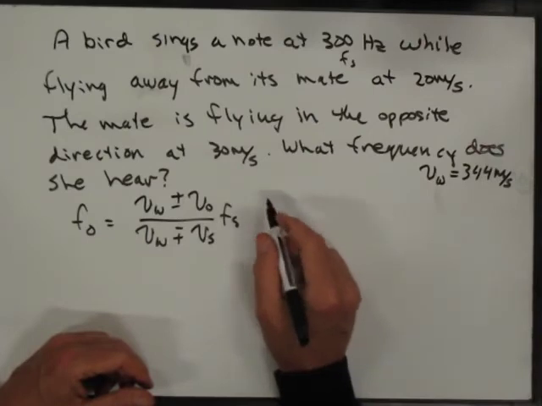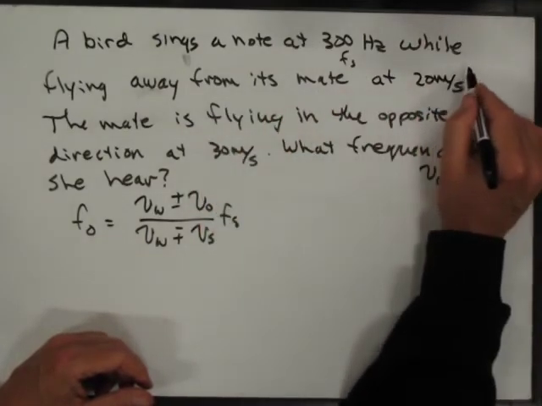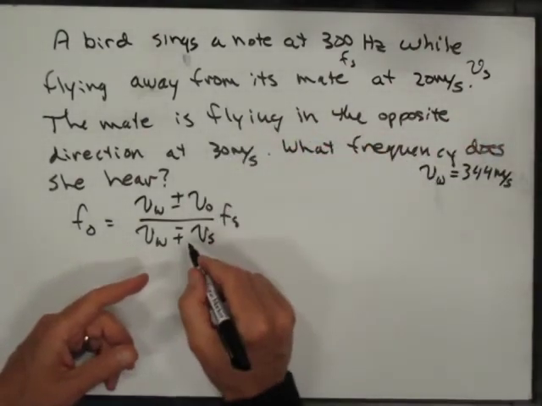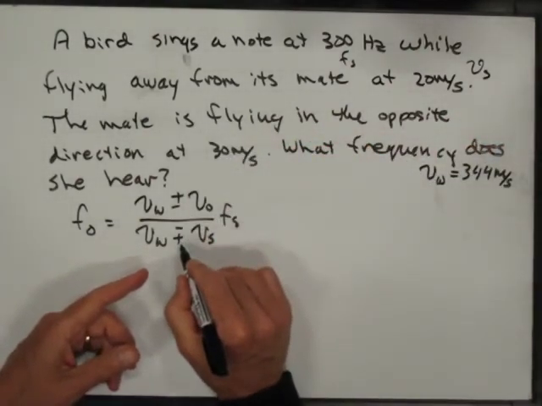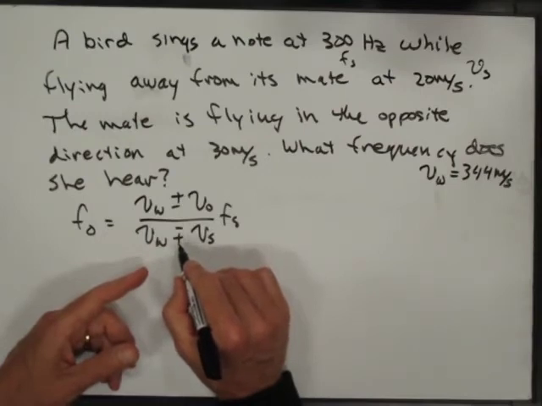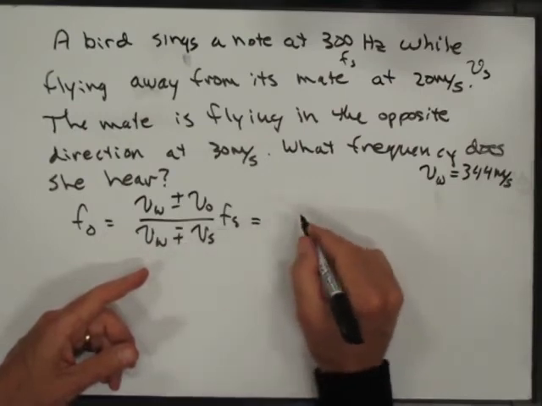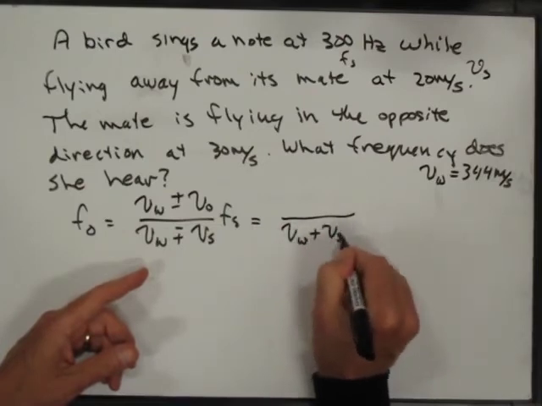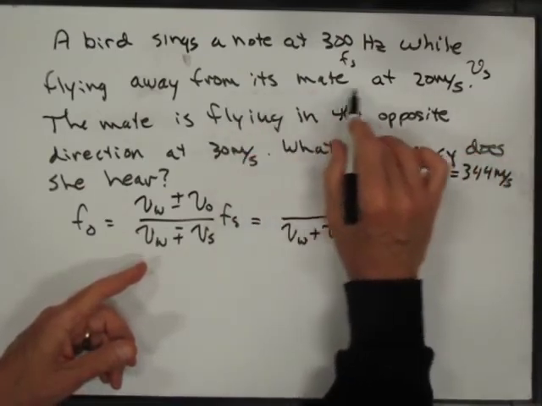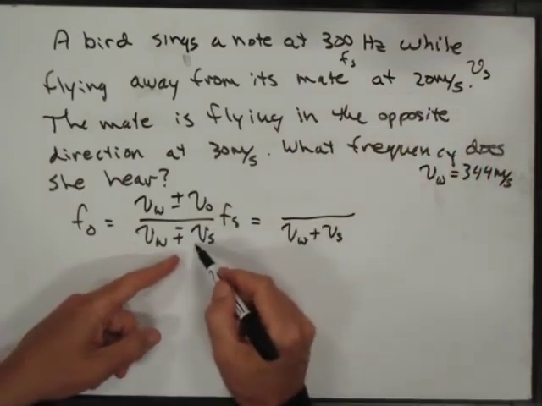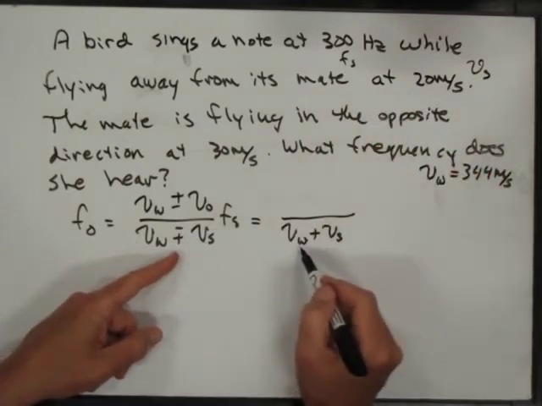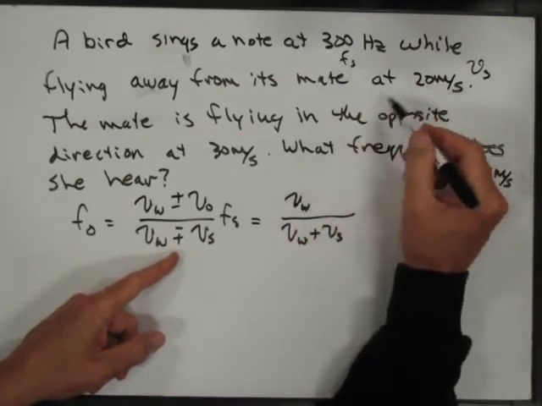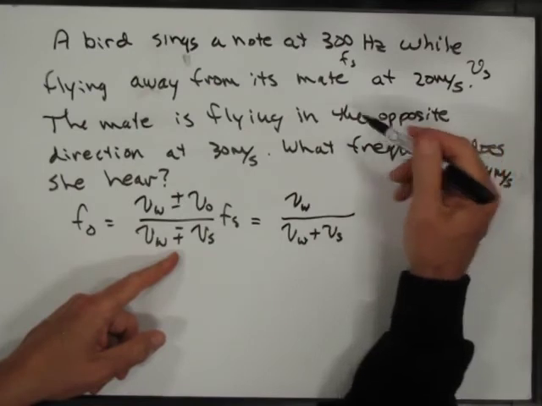And so this is the velocity of the source, right? But it's flying away from its mate, so top sign is approaching, bottom sign is receding, so I would use a plus sign here, right? And so I'm going to have velocity of the wave plus the velocity of the source, because it's flying away from its mate, and the source is in the bottom here, and so the bottom sign is for receding. Similarly, for the numerator, I'm going to say the mate is flying in the opposite direction, and so I